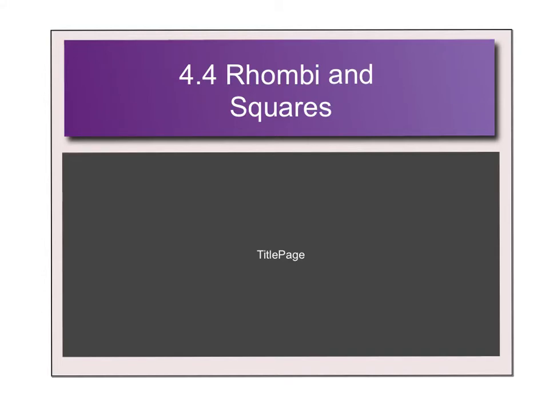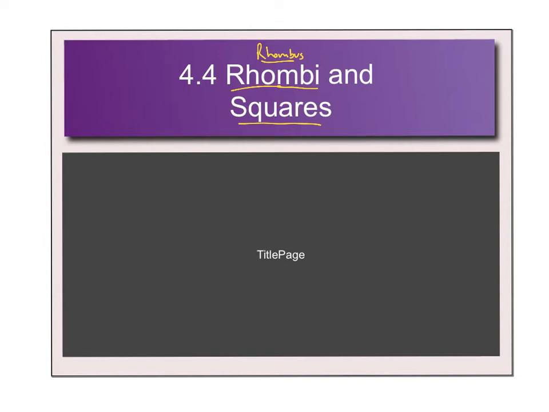Well, I hope 4-1, 4-2, and 4-3 all went pretty well for you. So we're going to start talking about 4-4, and we're going to start talking about rhombi and squares. A rhombi is just the plural version of a rhombus. So we're talking about a rhombus and squares, what makes a rhombus, what makes a square, but we're always talking about where do they fit